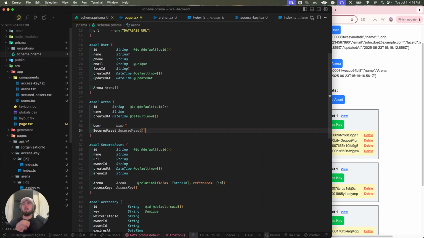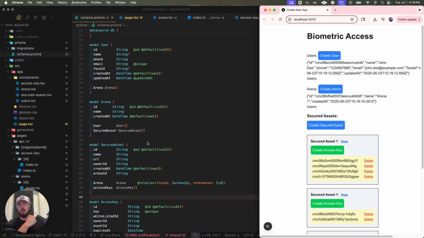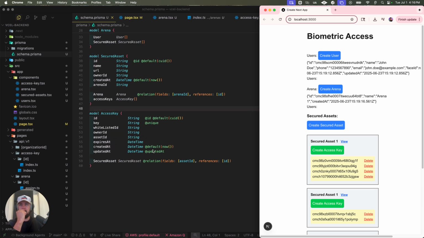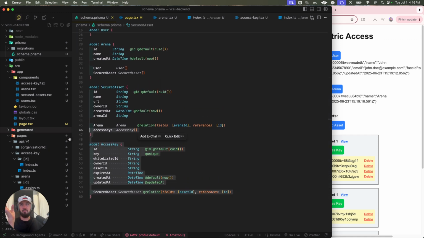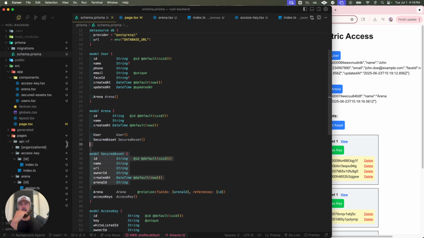Or how do we want to do this, right? Do arenas hold assets? They do, and then users can access arenas. Yeah, users aren't directly associated to secured assets, right? So users can be part of an arena, and the secured asset can have a key to the arena, I believe, is what we're thinking, right? I mean, maybe I don't think relationships quite yet. Maybe we finish out the biometric access bit. It would probably be smartest to do that before trying to mental model the whole deal over.